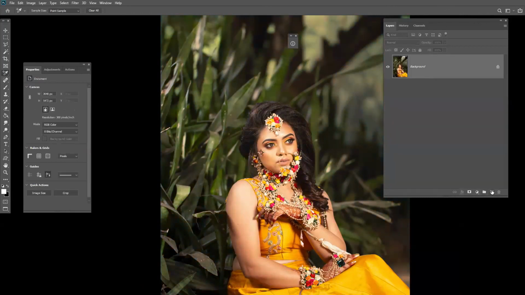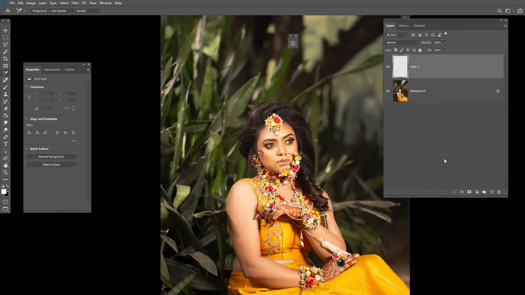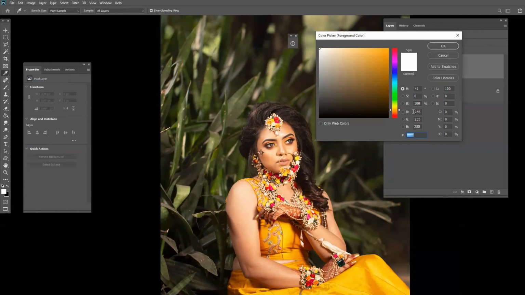First and foremost, we will take a blank layer. Don't fill it with any colors, only white, black and gray. Why am I telling you this? As it is white, you can see all RGB values are the same. As it is black, all RGB are 0, 0, 0. As it is gray, all the RGB numbers are the same. So these numbers should always be the same. Got my point? If I change to other colors, you will see the RGB numbers changing.